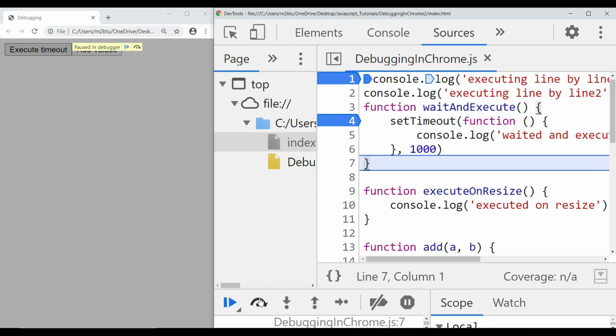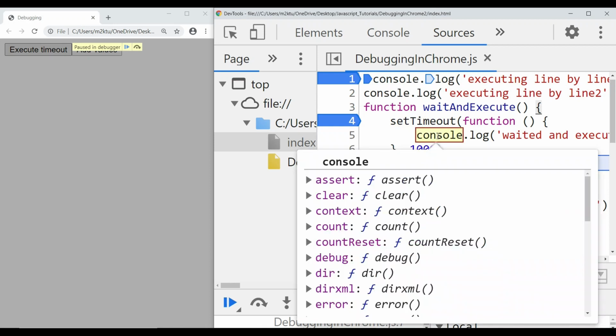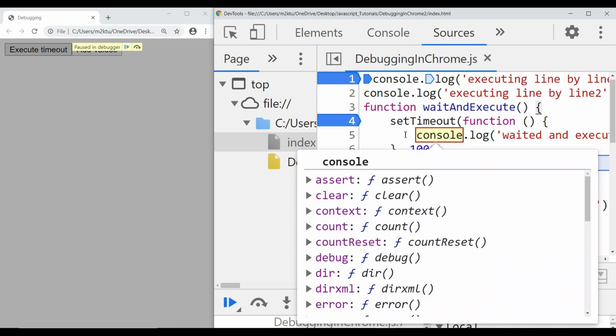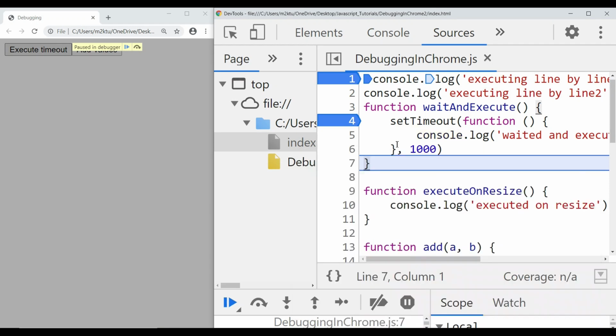You can see, right, it didn't go to the next line, which is console.log. So this is the problem, because this setTimeout is actually an asynchronous function and it will execute after 1 second, and this next line will not be executed yet. So you will not be able to use this F10 or step over next function call to debug this line.